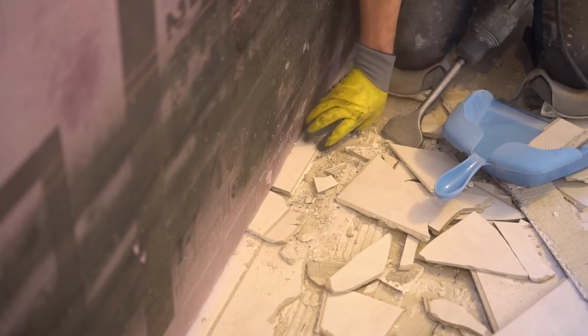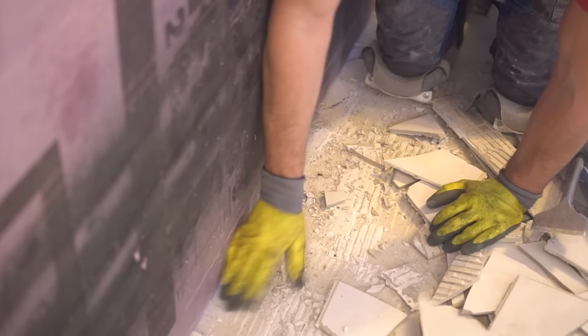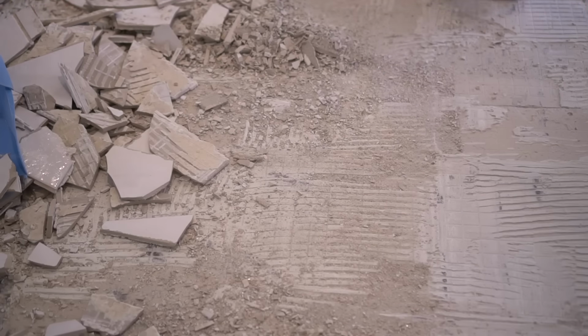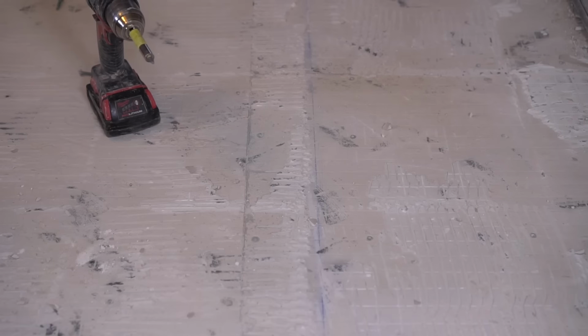Speaking of things that we don't want to damage, this is the tile that's right next to our sliding glass door, and we obviously don't want to damage those, which is why I placed a large piece of rigid insulation right next to it. If there's any mishaps, it's going to hit the rigid foam and not our glass door. After we clean up all the tile and place it in the dumpster, it's now time to get to the